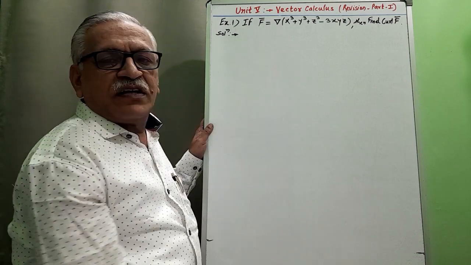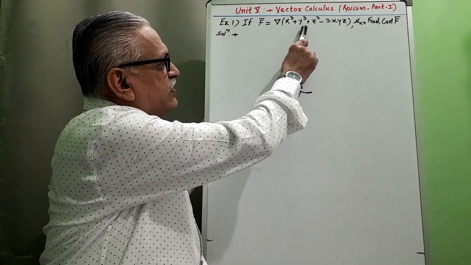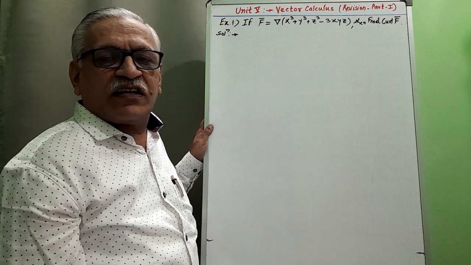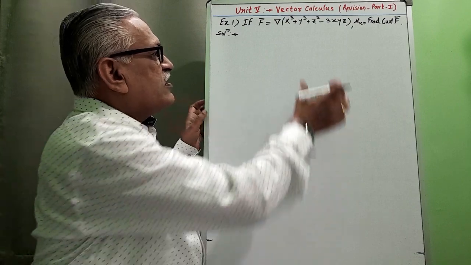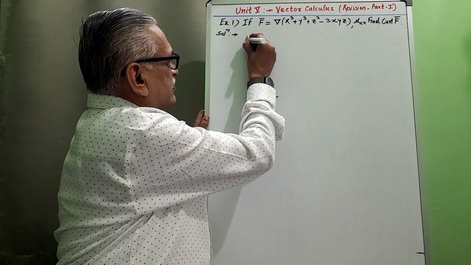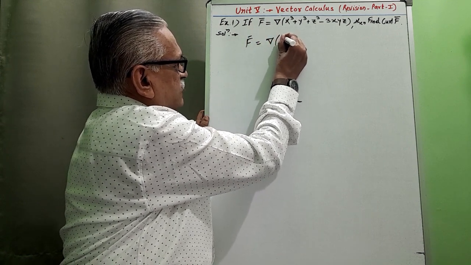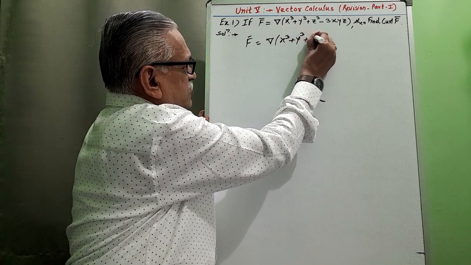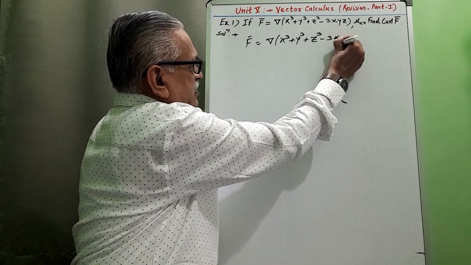First example, if f bar is equal to grad of x cube plus y cube plus z cube minus 3xyz, then find curl of f bar. And therefore to determine this curl of f bar, first of all we try to find out this f bar as grad of x cube plus y cube plus z cube minus 3xyz,